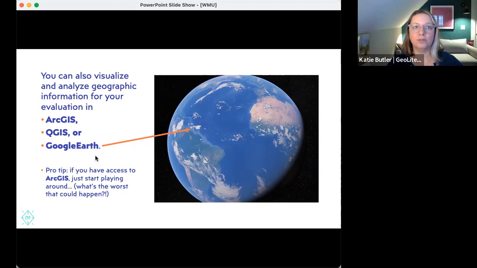You can also use Google Earth. If you haven't looked at Google Earth in a while, it has increased its capabilities and its functionality. Google Earth uses these things called KML files, and you can take your information in a program like Excel and turn it into a KML file and upload it into Google Earth. Look it up on the Google machine.